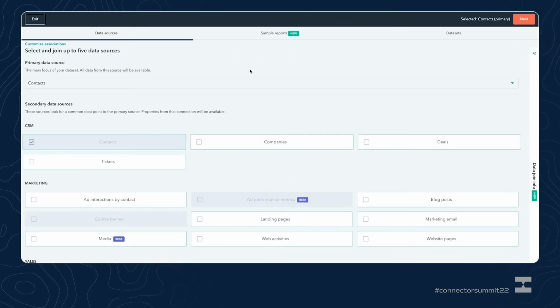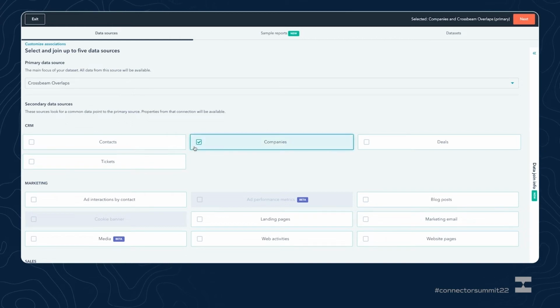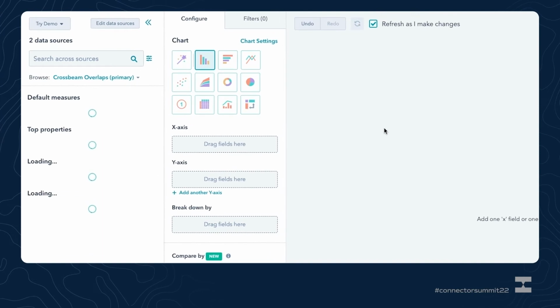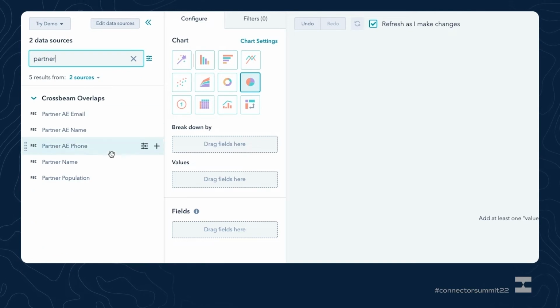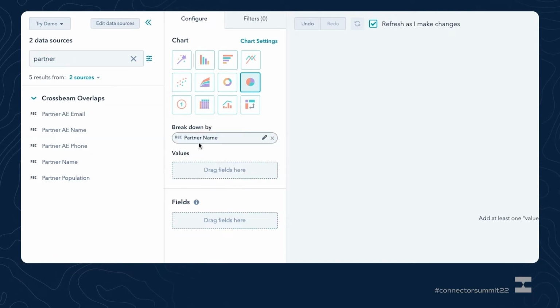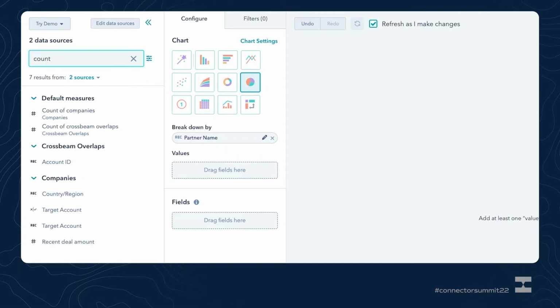I'll use my custom report builder because I'm using my Crossbeam Overlaps custom object and my company's standard object to build the report. Since I know that my sales leadership team likes to use pie charts to compare, we'll go ahead and use that setting and then also use the partner name to break down the report. Since we care most about the number of overlaps each partner is bringing to the table, we'll choose the count